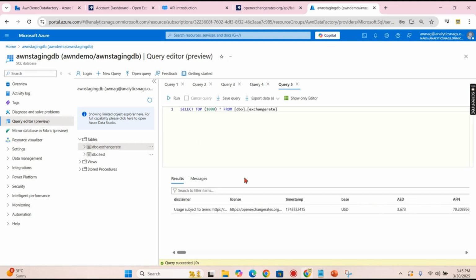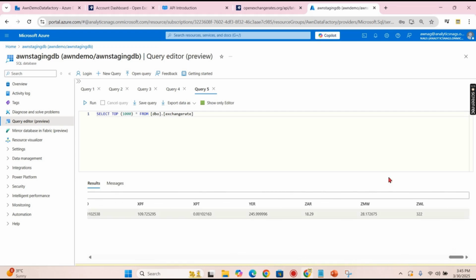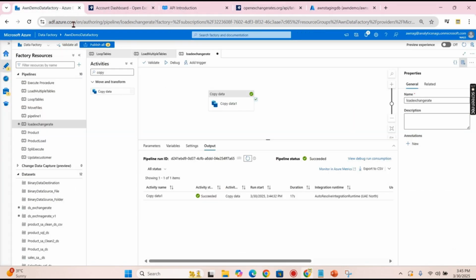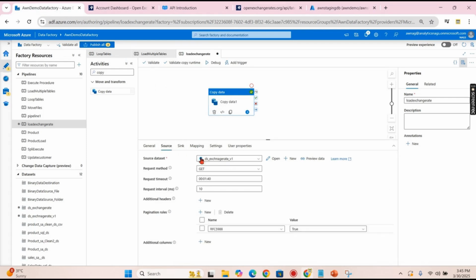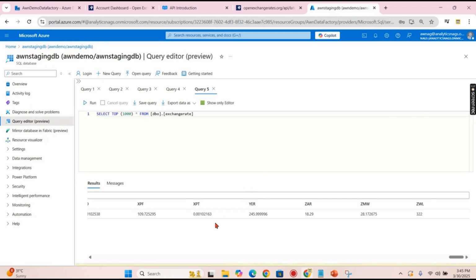The data has been loaded, and surprisingly the data is not loaded in a columnar format. If you preview this data, how it appeared as rates and columns over here, right? I thought the currency would be loaded in column 1, value in column 2, but it does not load like this. So it is loaded in